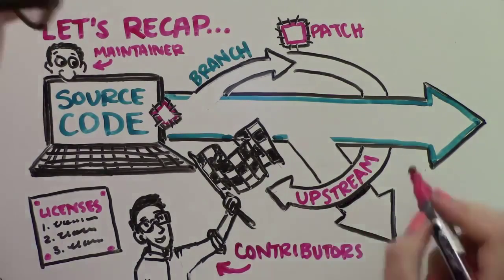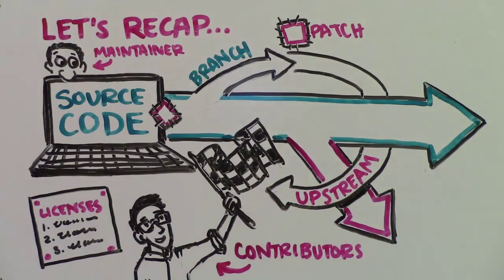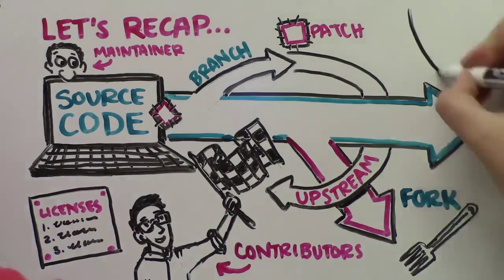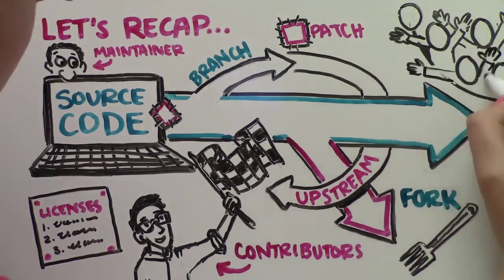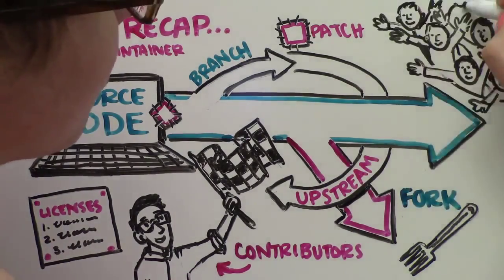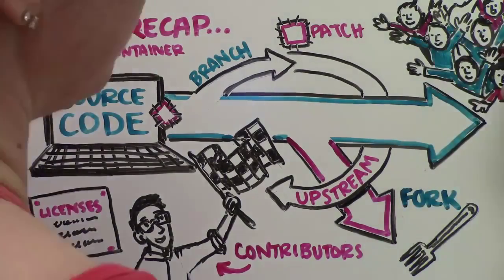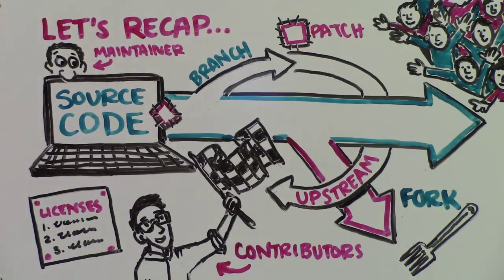Sometimes, software is taken in a direction that we know will not be incorporated back into the original version. This kind of permanent split is called a fork. Open source has the potential to be complicated because it's created by communities of people. But these ways of working manage those communities, making it possible to benefit from new versions from an authoritative source,